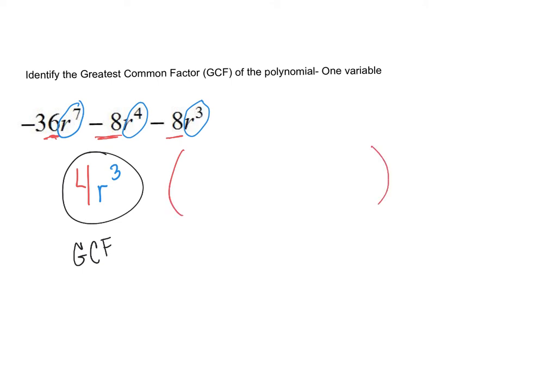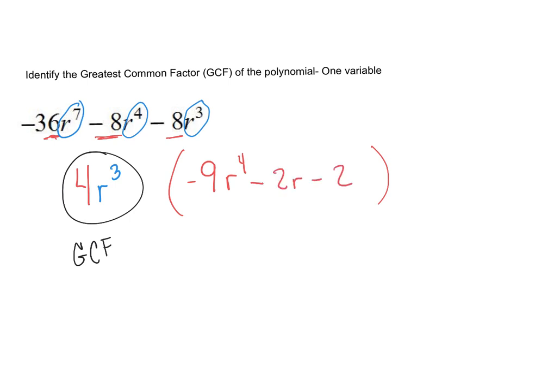So factoring is basically division. Before, we were adding and subtracting polynomials. Then we were multiplying polynomials. So now factoring is essentially division of polynomials. So negative 36 divided by 4 gives me negative 9. If I take out r to the 3rd from r to the 7th, I end up with r to the 4th. Minus 2r